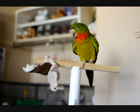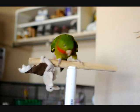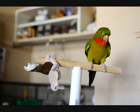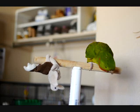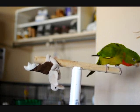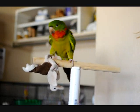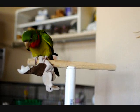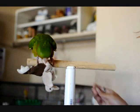I actually don't use a clicker a whole lot with him, but I'm just demonstrating right now. I don't really know if he knows that the clicker means a treat, but anyway, so the way that you can teach the spin, and Kramer's going to try to do these even if I don't give him a cue, because he's desperate for his sunflower seeds. Also, sunflower seeds are a great treat for your birds, but don't give them a whole lot because they are fattening for them. Anyway, okay, so you can have the clicker in one hand and then the treat in the other,